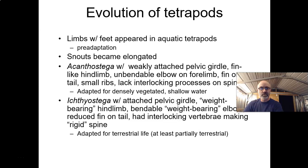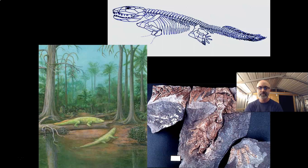Looking at the girdles, elbows, processes on spines. The tail fin, right? Now the fin is going to start to reduce, and it's going to be more of just a tail. And then the rigid spine. Again, all these things are things that evolved in the water but made for an organism that could exist on land. And here's some,